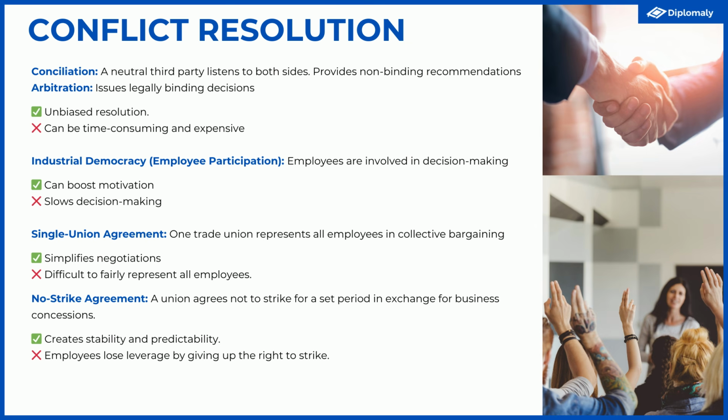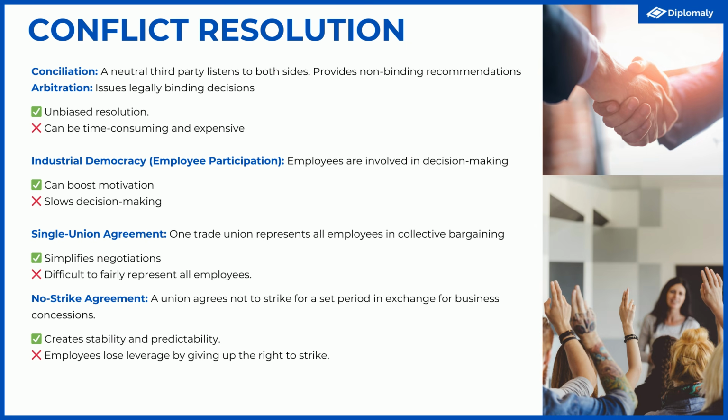The third is a single union agreement, where employees and management agree that one trade union will represent all of the employees in the collective bargaining process. This simplifies the process, which can make it quicker, but practically speaking, it is very difficult for one union to represent the interests of all of the employees at the firm. Finally, a no-strike agreement is when a union agrees not to strike for a period of time following concessions from management. This improves stability and predictability for everyone, but employees do lose a lot of power when they give up